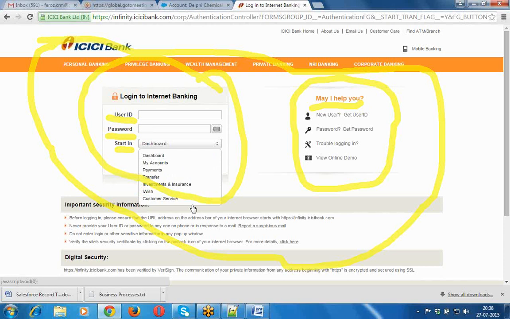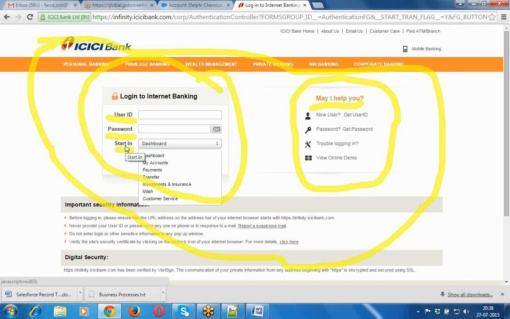So now pick list is nothing but a drop down. So here also, whenever you are logging into your online banking or the internet banking, then directly it can jump into the dashboard option or your account also, it may be payments also, whatever. Nothing but to which page you are going to be redirected directly whenever you are logging into your online account. Nothing but the landing URL, nothing but the landing page, nothing but which page has to be loaded directly whenever you are logging into the internet banking by providing the user ID and the password.